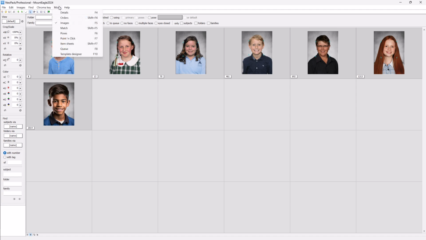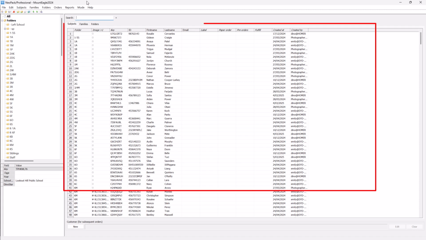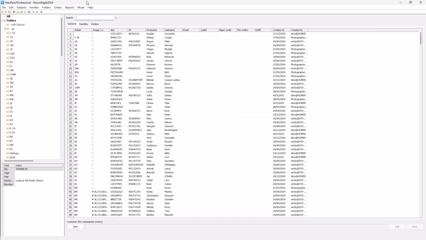In Details mode, there are still plenty of subjects without an image, and it's likely, probable in fact, that those unmatched images belong to some of these unmatched subjects. But which ones? Who's who? I don't know. It's also likely and probable that I photographed these same kids in previous years. So let's now use some Timestone magic to go find them.